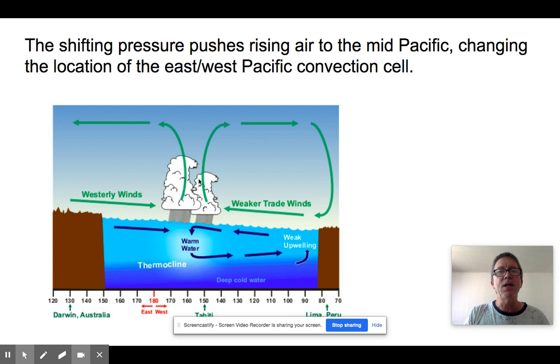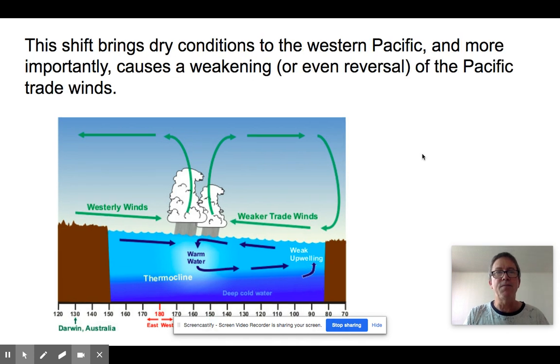So when that happens we get a smaller cell, we get weaker trade winds. The warm water tends to follow it because now we have westerly winds where we normally have trade winds. And so now the wind is blowing in the opposite direction, pushing this warm water across as it goes. That causes this thermocline, because this is weak, it causes a termination of the upwelling, and this blob of warm water will eventually make its way all the way across the Pacific Ocean, triggering what we know as El Nino. And Tahiti is right about here. So we notice this drop in pressure during these El Nino events.